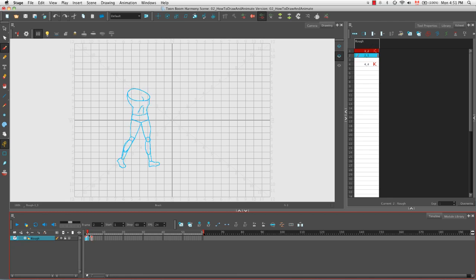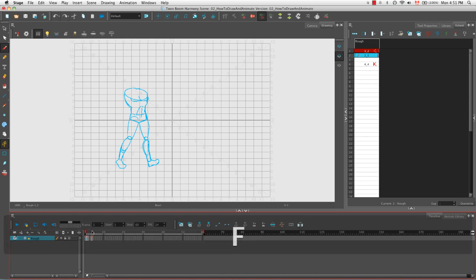There's a little bit of a skip there because we haven't drawn our second in between. The other way that you can move between drawings is by using the keyboard shortcut G to move to the next drawing and F to move backwards towards the previous drawing. So you can do that to get a sense of whether the animation looks good and fluid and if the